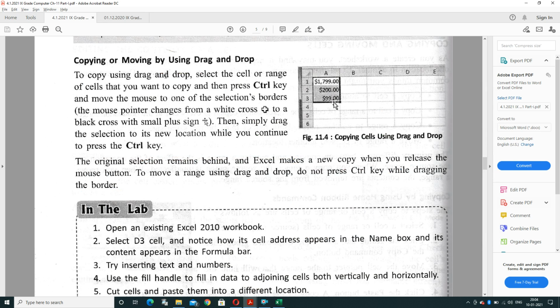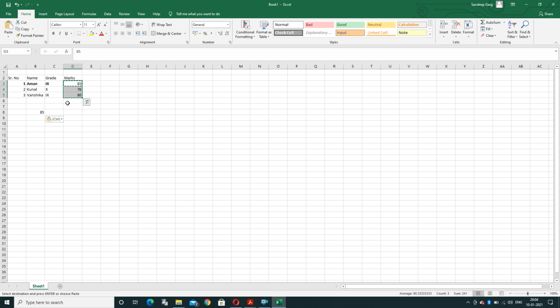See now. To copy using drag and drop, select the cell or range of cells that you want to copy. Then press the Control key and move the mouse to another location. Like I have selected this part. Afterward, I'll press the Control key and I'll wait for this arrow. When this arrow comes, I can directly drag and drop the value anywhere.